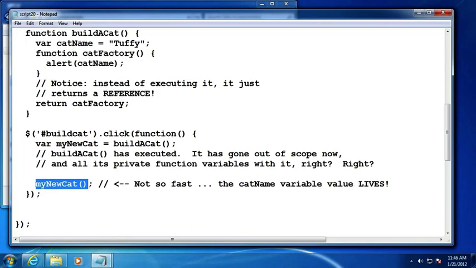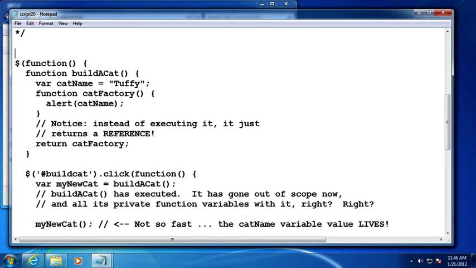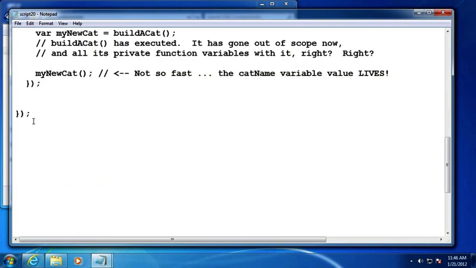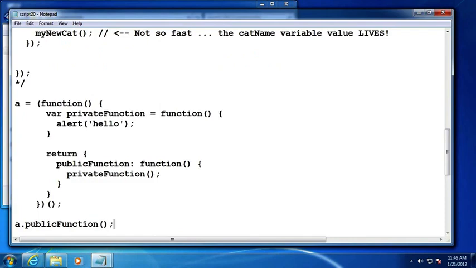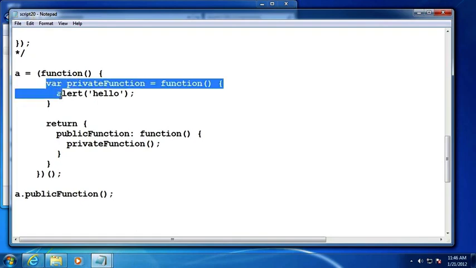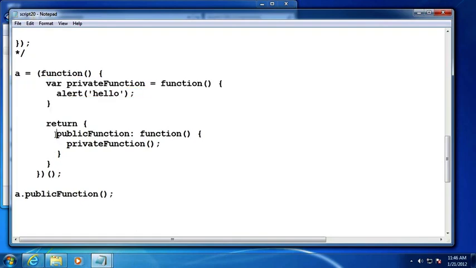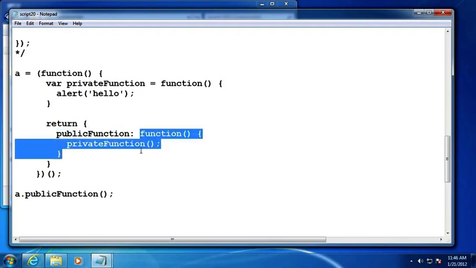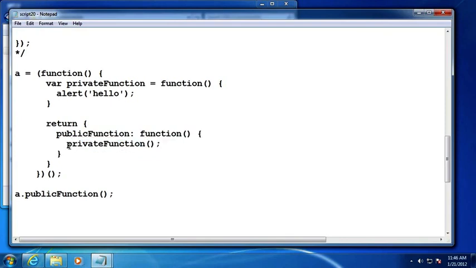I've referenced this mysterious module pattern before. Let me just show you in its simplest form what a module pattern looks like. Let me just paste in some code here. Let me go ahead and get rid of that, and just go ahead and get rid of this too. There we go. A module pattern, basically, in a nutshell, it allows us to have a private implementation and a public interface. So when you call this function literal and call its public function member, it will execute and use